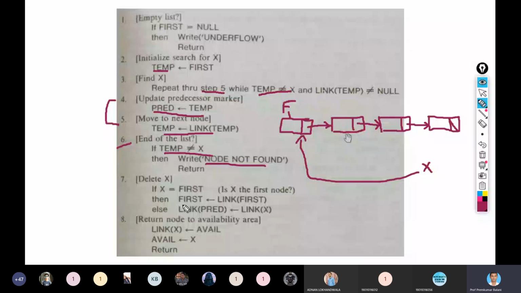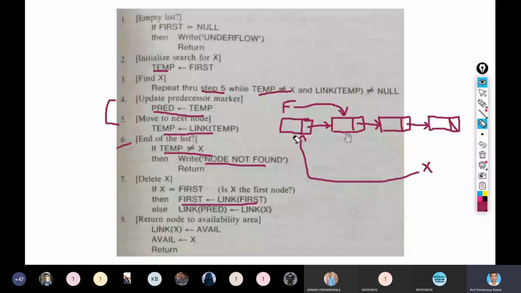So what you need to do is first is equal to link of first. Now first is pointing to here, and this is no more pointing this way. And you return from the list, right? So your first pointer is changed only when the node to be deleted is the first. So this is the case.